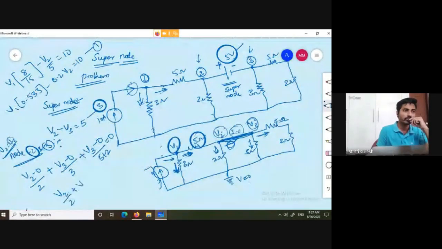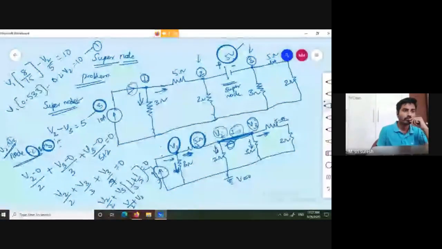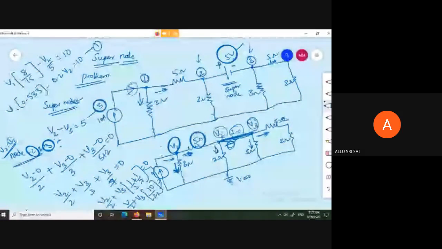V2 by 2 plus V3 by 3 plus V3 by 7 equals to 0. So now you have to take the V3 common, so that you will get 1 by 3 plus 1 by 7 is equals to 0. This 21 and this is 7 plus 10 equals to 0. Here I am writing V2 by 2 plus